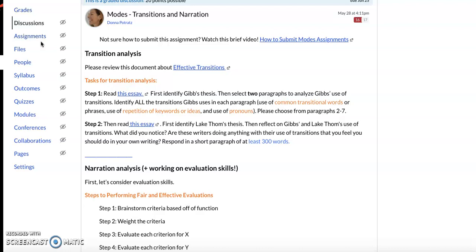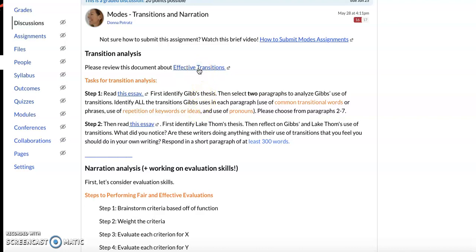I think sometimes people put transitions just at the beginning of each body paragraph, and what I was hoping that you guys were noticing when you were looking at these two essays is that the transitions were sprinkled everywhere. They're all over the essay, and so really thinking about transitions